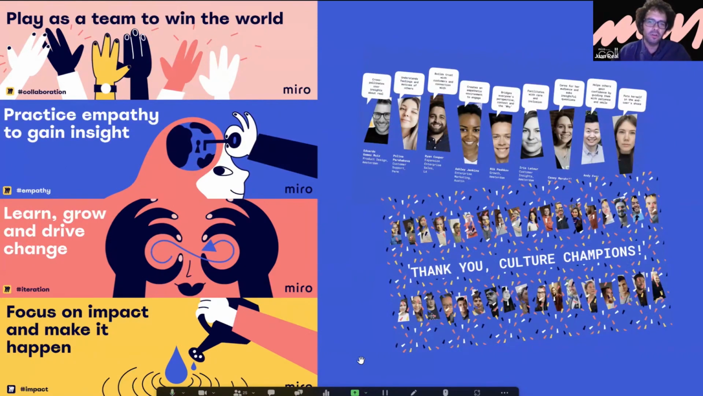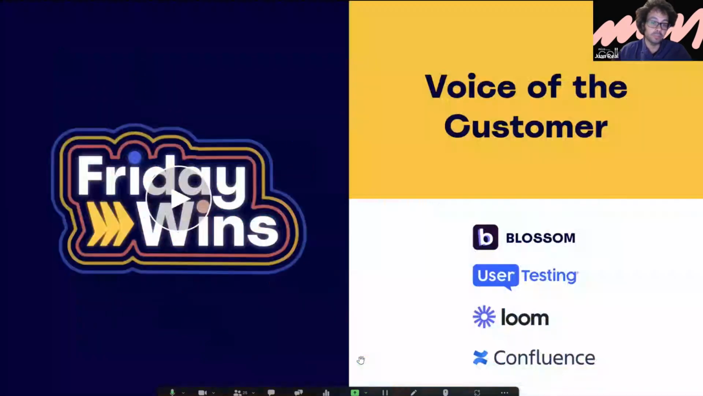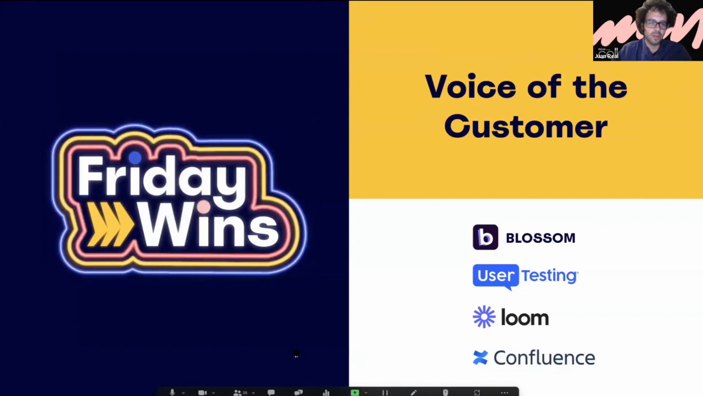So we have culture champions. We make sure that people who really embody our values are celebrated. And I think this is something that I haven't come across in my experience before, but it's really powerful because it empowers the whole team to take care of these values day-to-day, which is really important. To go for instance to concrete examples, we have every Friday what we call Friday Wins,